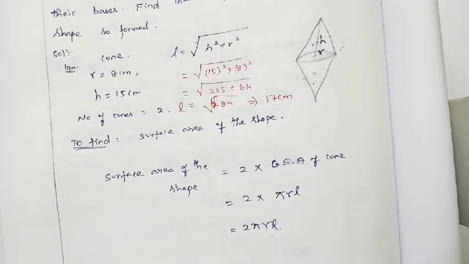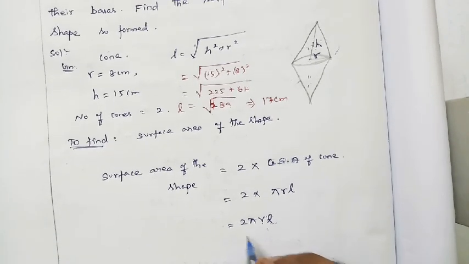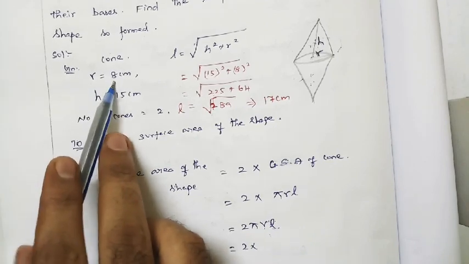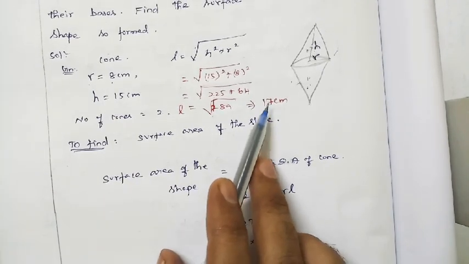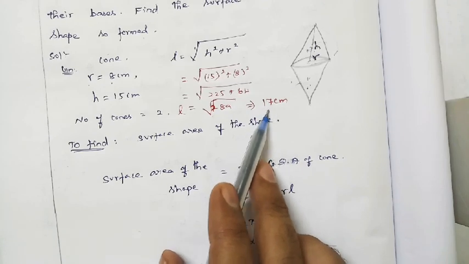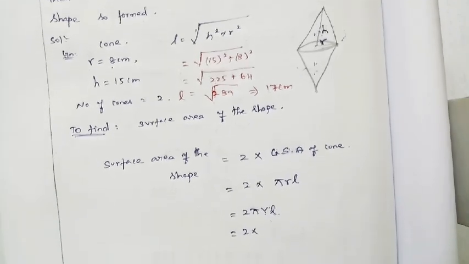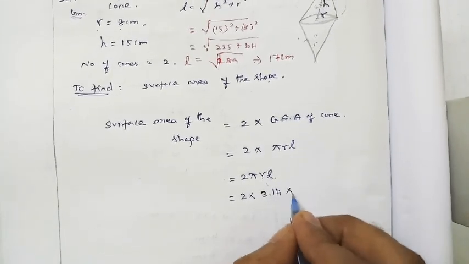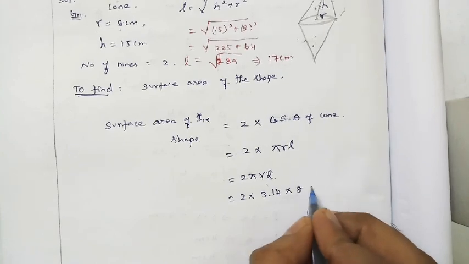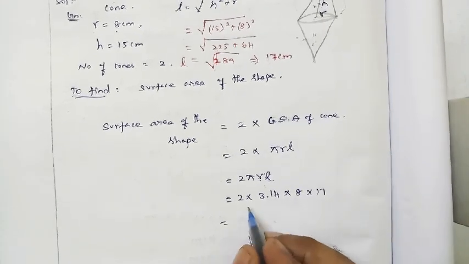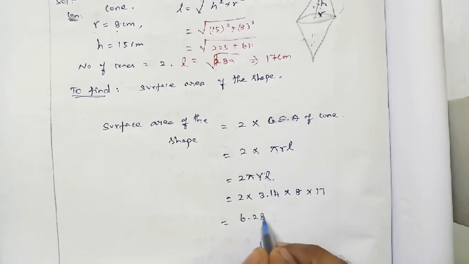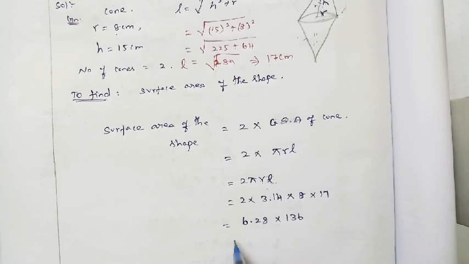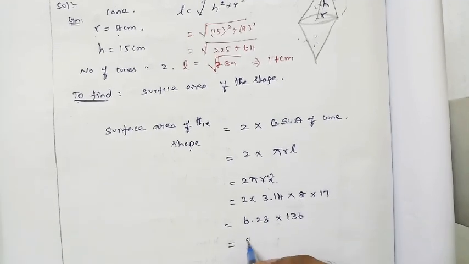Now we know the radius also. So directly you can substitute and simplify, and we'll get the final answer. So 2 into, see that the radius is not in the form of a 7 multiple. At the same time, L, the slant height of the cone, is also not in the form of a 7 multiple. So better we go with pi equal to 3.14, right? So 2 into 3.14 into radius, which is 8, into 17, is equal to 2 into 3.14, 6.28, into 17, 8s are 136. 6.28 into 136 is equal to